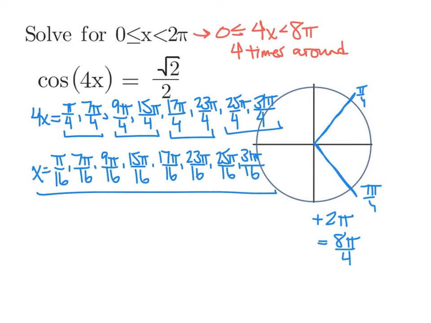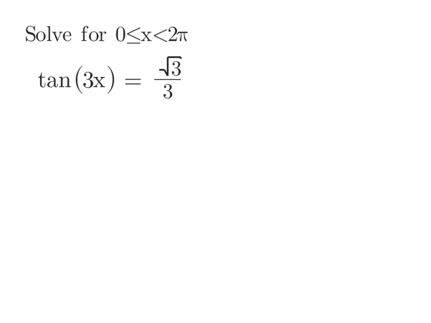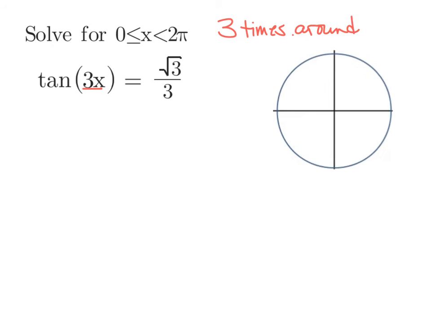And there are all 8 of our answers. How about a tangent? So if we got tangent of 3x is equal to root 3 over 3. Because of that 3x, that means we're going to go 3 times around. If it helps you to remember where tangent is equal to root 3 over 3,